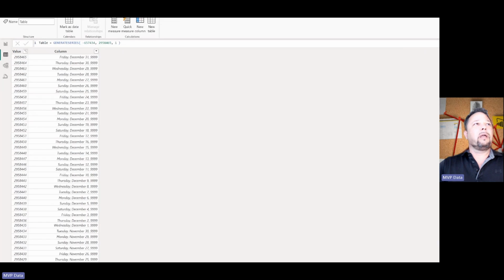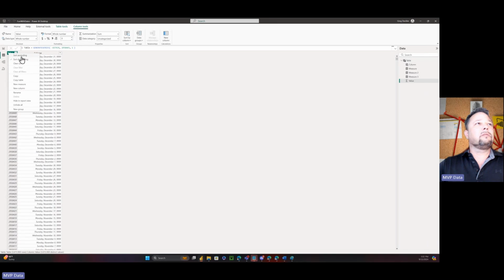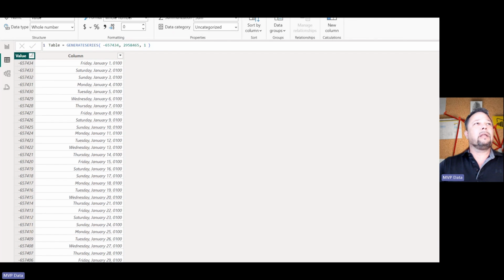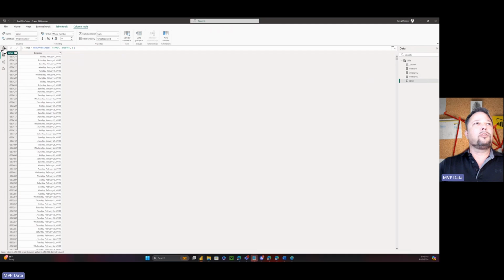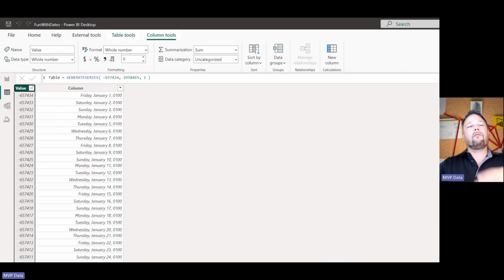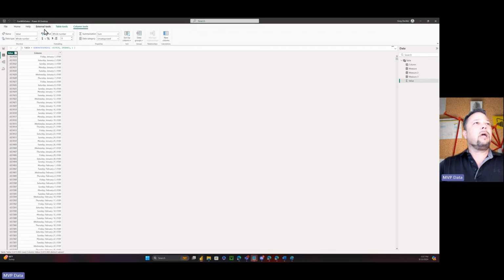And if we go the other direction, we have a number of minus 657,434, which corresponds to Friday, January 1st, year 100. These numbers should look familiar to you if you have a copy and have read the Definitive Guide to Power Query M, where I wrote the dates chapter. At the beginning of that chapter, both of those dates appear because they are also the upper and lower limits for Power Query M. Although Power Query M returns a conversion error, I believe, versus if I go one more in each direction here,